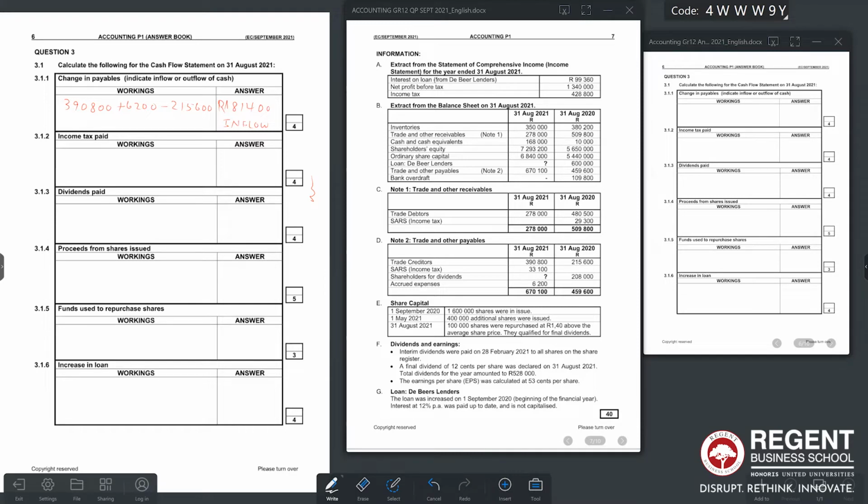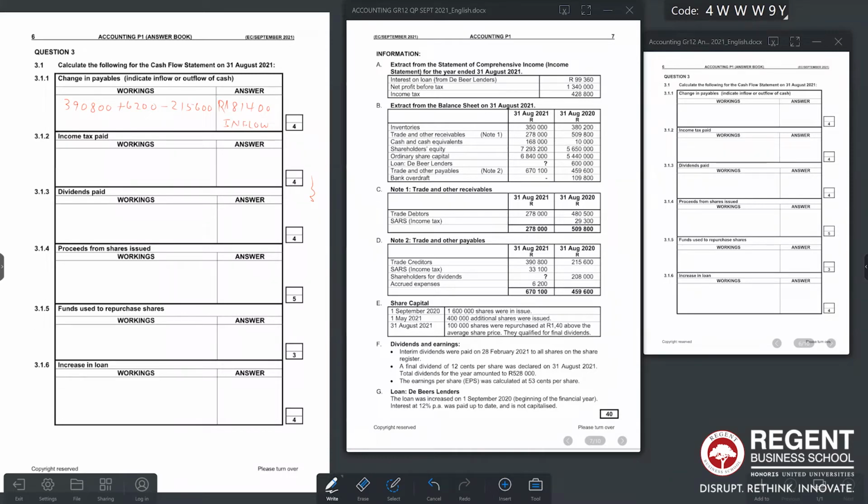So I'm going to tell SARS, listen, according to my extract of my income statement, SARS, I owe you, according to the profit that I made, my income tax came to 428,800. I'm looking at information A, 428,800. I must give you 428,800, but you owe me 29,300. So I'll say 428,800 minus the 29,300 because you owe me that. But then come end of the year,